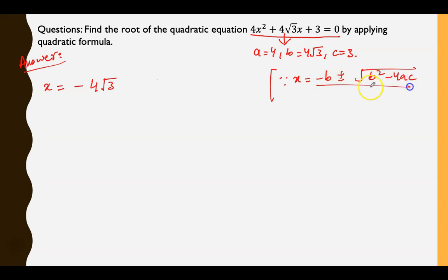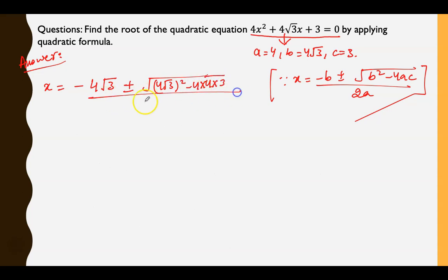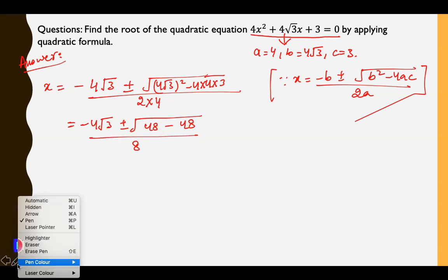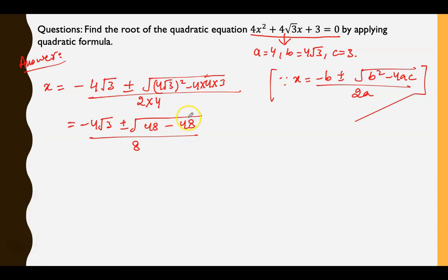So that was the formula. Now just substitute the values. Minus 4 root 3 plus minus square root of (4 root 3) whole square minus 4 into 3, upon 2 into 4. Try to solve it. So minus 4 root 3 plus minus square root of (4 root 3) square, that is 4 into 4 is 16, 16 into 3 is 48, minus 48, upon 8. So now if anyone can simply observe,